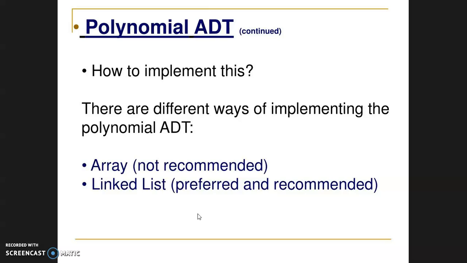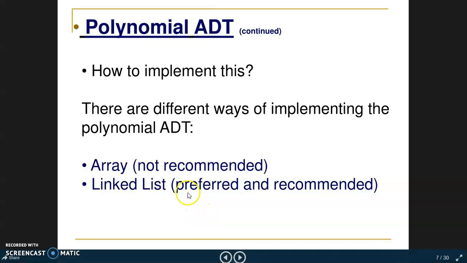Then we need to store the elements in different numbers of locations. That is actually possible with arrays, but it takes more space compared to a linked list. So we are using a linked list to store the polynomials and perform polynomial addition.